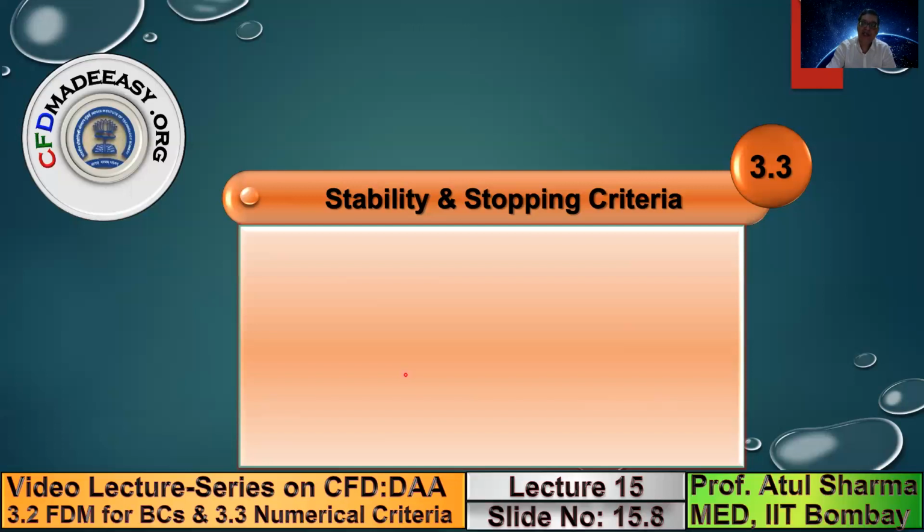whenever you are doing an unsteady simulation, you have to take a time step between two pictures, if you are making a movie for temperature. While doing the simulation, if you take a larger time interval between them, note that in grid size, you basically decide delta x, delta y, but with respect to time, we also use delta t in our simulation. Now this delta t, if you are using an explicit method, you have to use a value which is less than a certain value, for which we will obtain a formula, which states that for the explicit method the time interval will be less than a certain value.